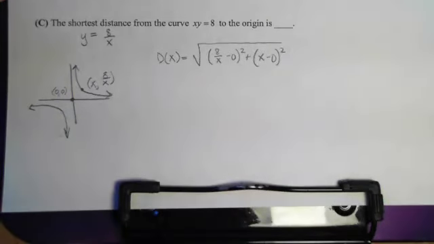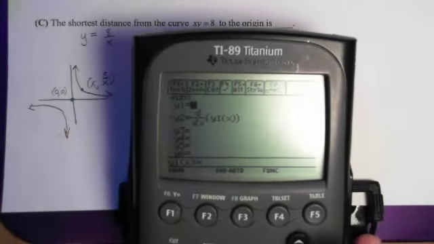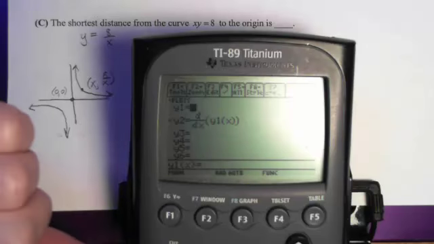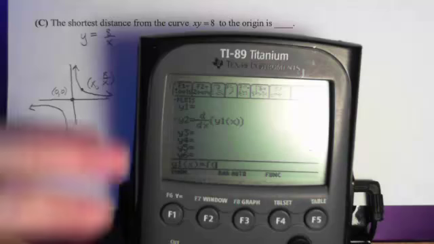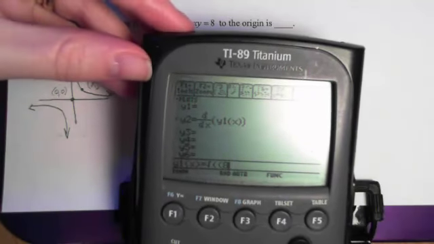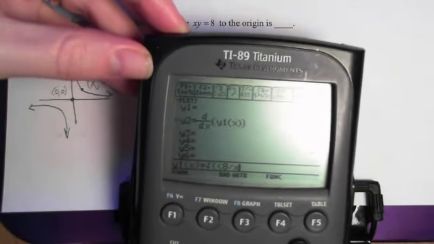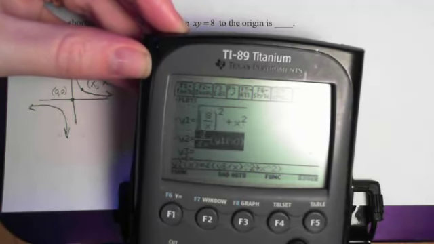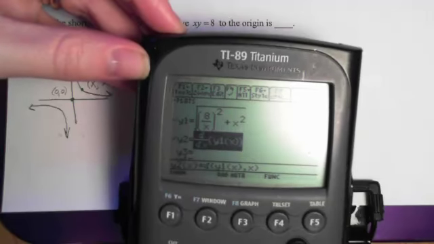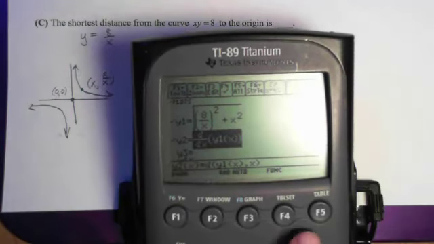So this one I'm going to use my calculator to help me. I'm going to go into my y equals, and I'll put that distance formula in. Second, square root of (8 over x minus 0) squared plus (x minus 0) squared. And then I'll close off my square root, double check that it looks the way it's supposed to. It does, and now I'm going to